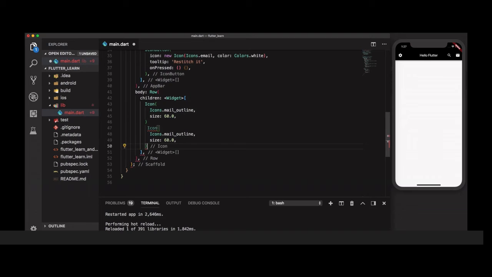Now we will copy all four children, same as the above icon.